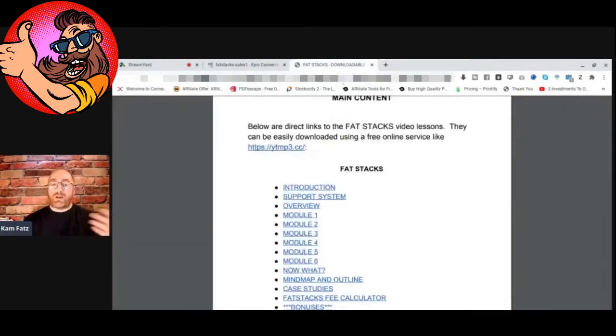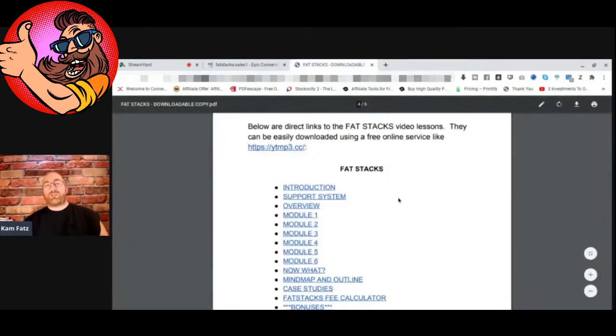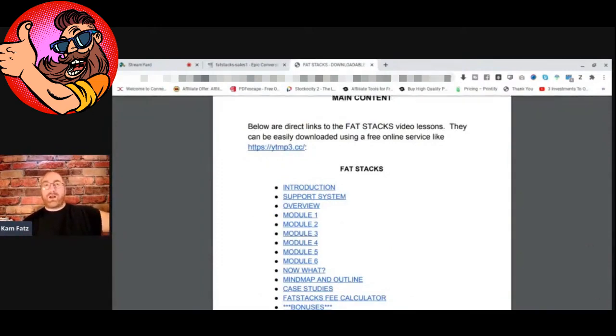So why do I do that? Because I want you to have a good customer experience. I don't want you to have to worry about some kind of login. Let's say you buy FatStacks and you don't have time to get to it for like 6 months. Well, 6 months from now, I don't want you to have to worry about a login. I don't want you to have to worry about my site being gone, even though it won't. It's been up since 2016, but still, I don't want you to have to worry about it, right? I want you to have your product. You bought the product. I want you to be able to have it on your hard drive and do whatever you want with it. So that's what this is all about, okay?